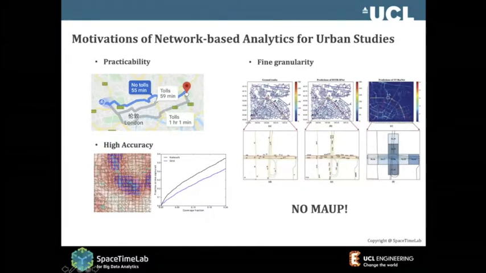I think another very important aspect is that on networks, the modifiable areal unit problem is much less. For the scale, it's very important. Of course, this is also another concept proposed by Stan Openshaw. So great mind. Yeah, so this issue can be avoided somehow. So it's the next kind of strength or advantage and motivation for us to do network-based analytics.